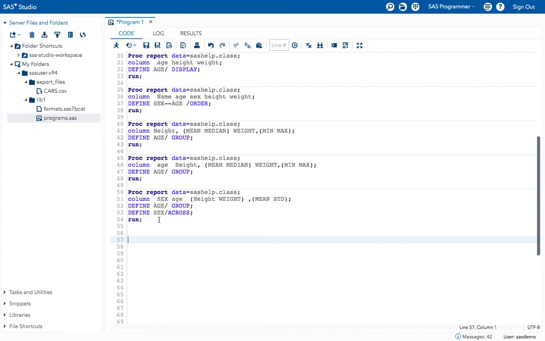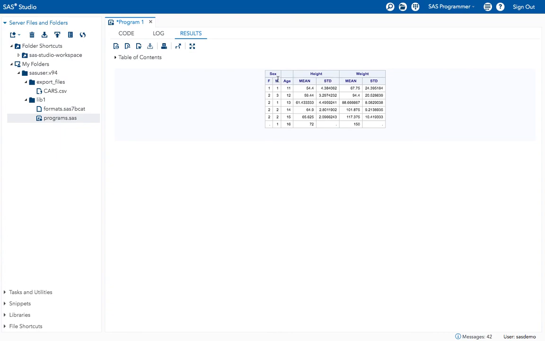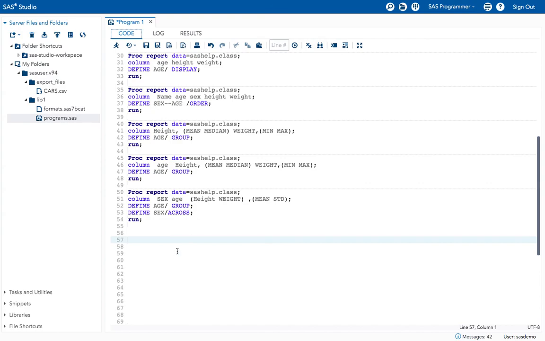The next one is, if I want to get the female data on the top and the male data on another page, how can I get that?